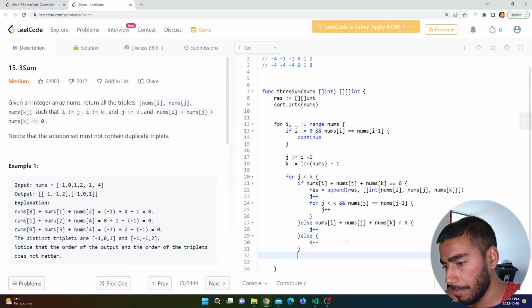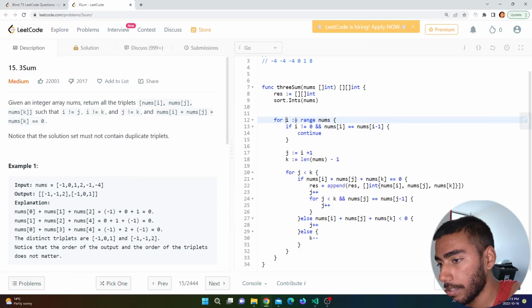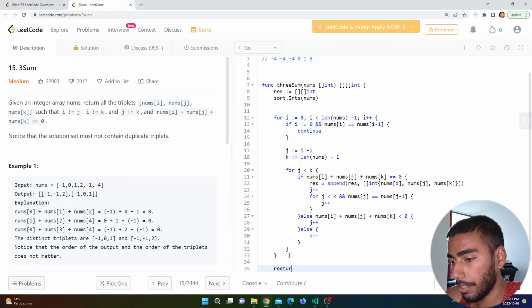And that's pretty much it. And then it'll just keep iterating over the array in a three-pointer approach. One thing I said I would do is make it a regular for loop. So i is less than length of nums minus 1, and then i plus plus. Cool. So now it's regular for loops over here, and we finally return